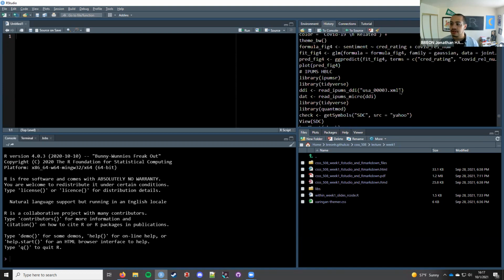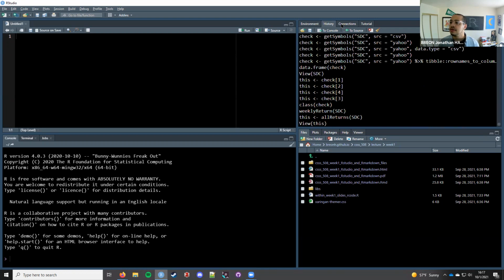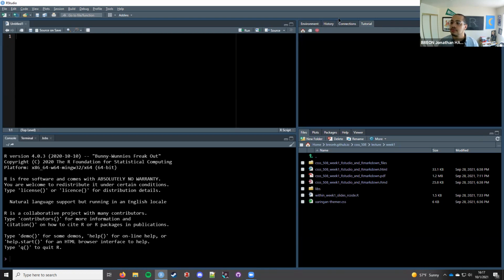So this is all the things that I've been running as of late. And then in the bottom right, we have tabs for browsing files, viewing plots, managing packages, and viewing help files. So here, I've already navigated to our week 1 lecture file, which has our slides in it, for instance. You can see it on my GitHub.